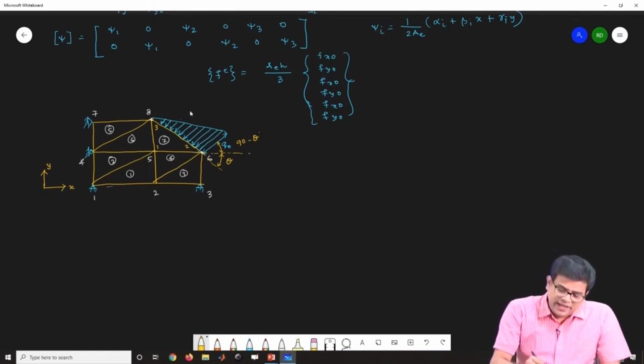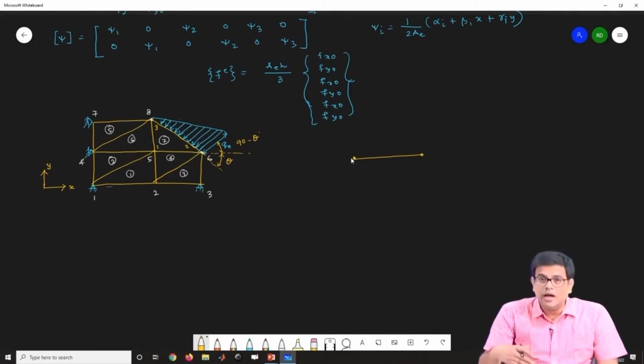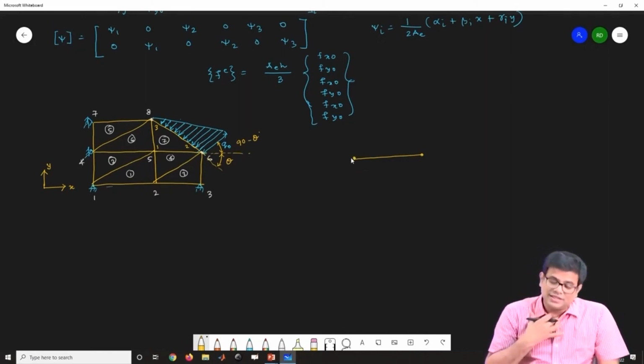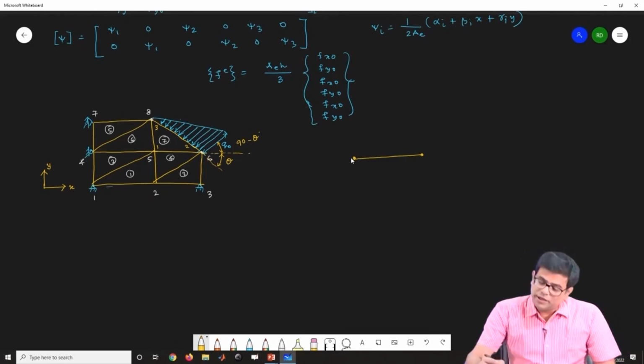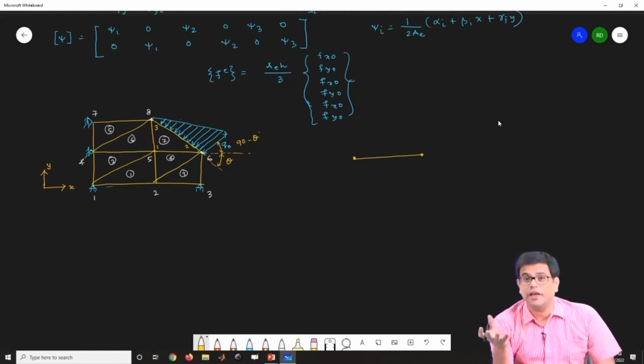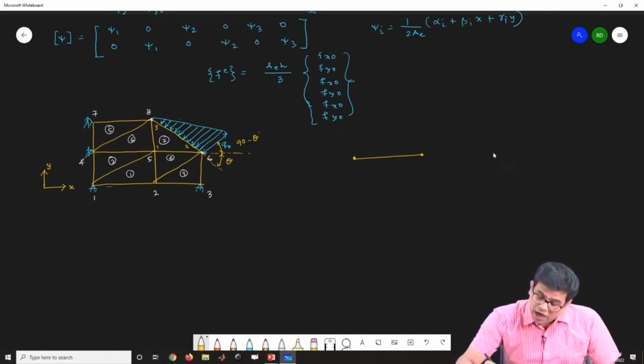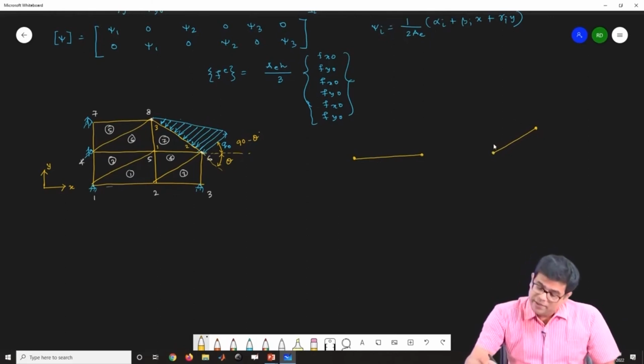Now if I take this in a local coordinate system, I have to map it to compute this. But once I map it, it has to be transformed from the local to the global coordinate system. And how do we go from local to global? We know this from our 2D frame element. When we did the 2D frame element, you probably noticed that if you have an inclined member in a frame element, then what you do,